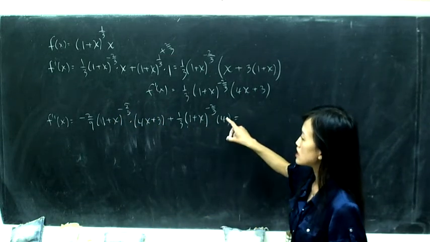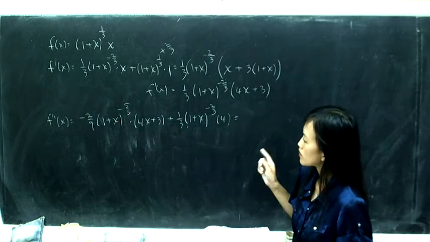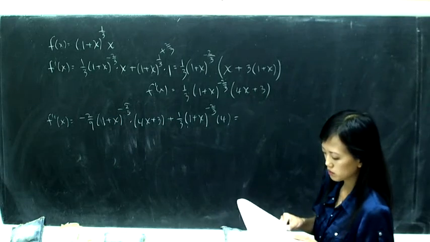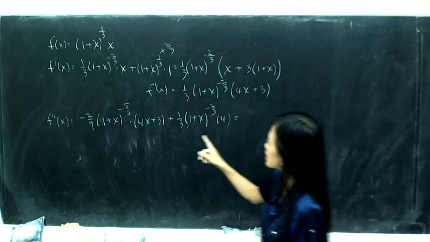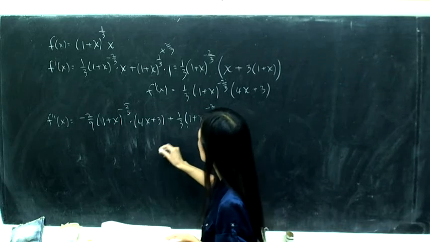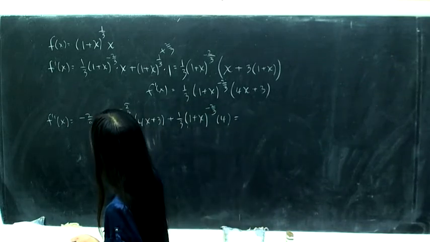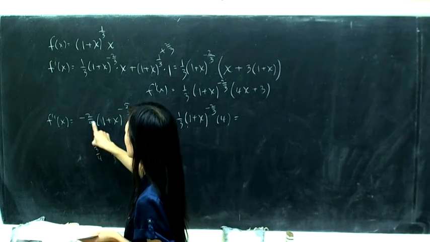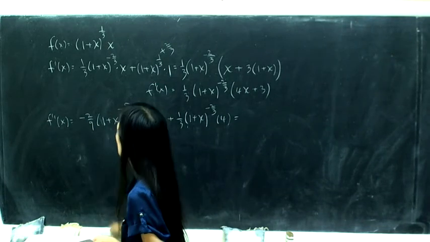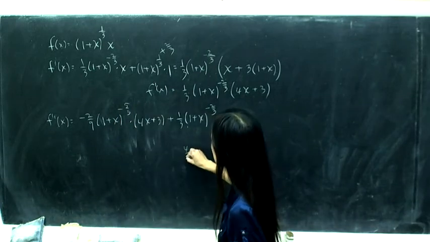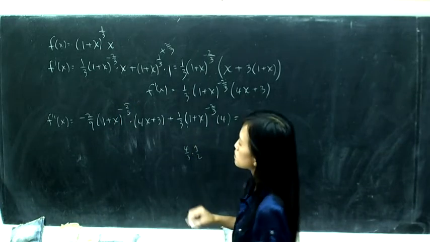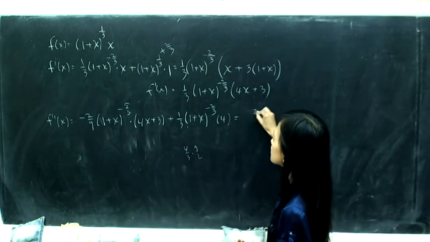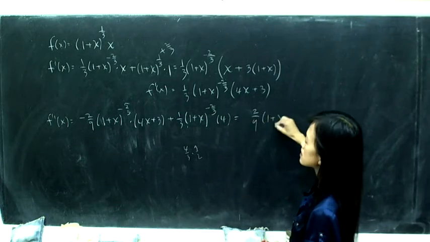And then what fraction should I take out? 4/3. Yeah, if I take out 4/3, then I'm going to multiply by 3/4. So, wait, hold on a sec. If I took out 4/3, then I'm actually multiplying by 3/4. It's still fractions. I don't want that. I want to take out the bigger number, the 9 on the bottom. So if I take out that, I can multiply this by 9/2. Let's see. Yeah, then it becomes a whole number. Okay, so I'm going to take out this one, 2/9, and the 1 plus x to the negative